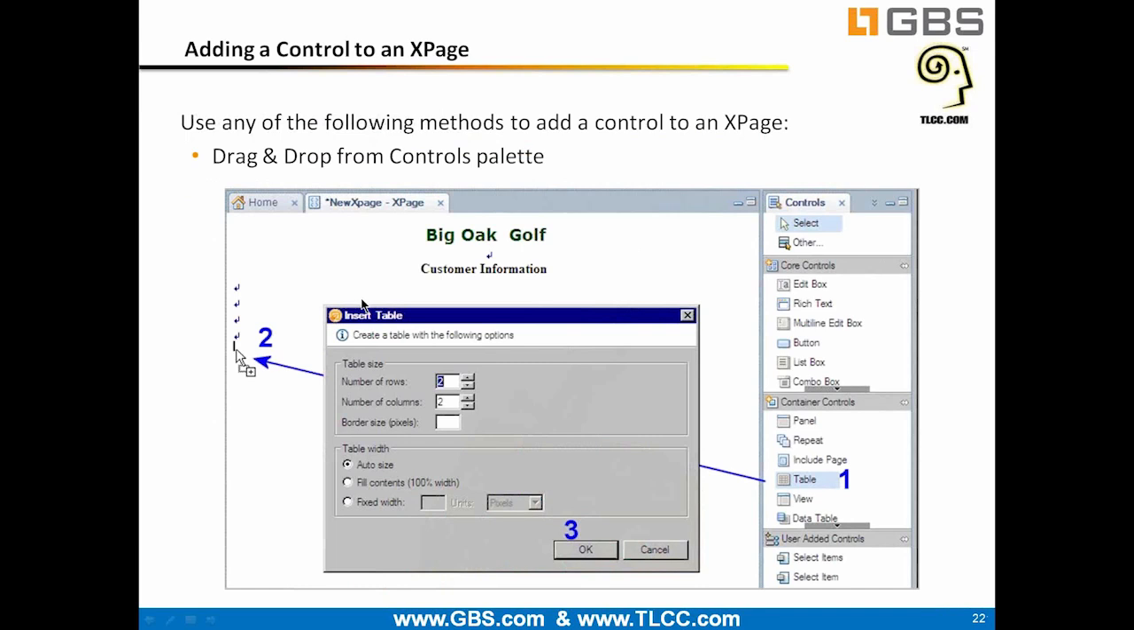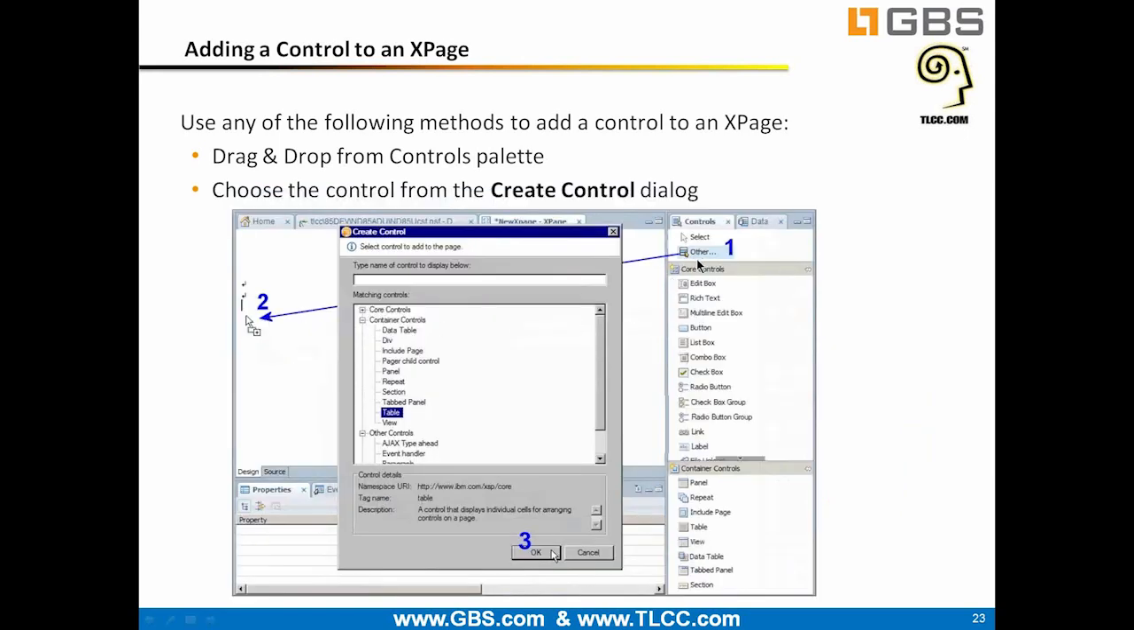Okay, so the real way we work with XPages is with controls, and we drag and drop controls over from the controls palette. That's one way to do it. The other way to do it is, in the controls palette there's an Other option. We can click on that,